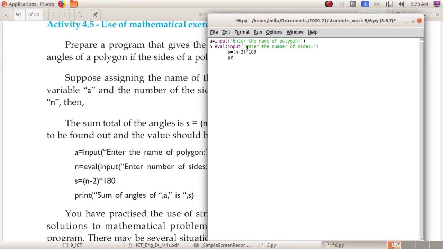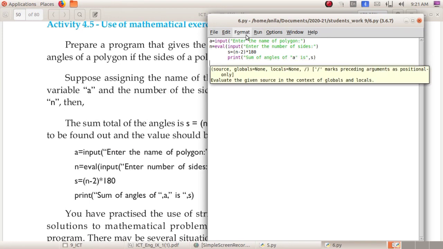Next, print of, open the quotation, then sum of angles of, then put a quotation, A. Then angle A is, then close that quotation, put a comma. Next, type S, close the bracket, then save it. We can run it.